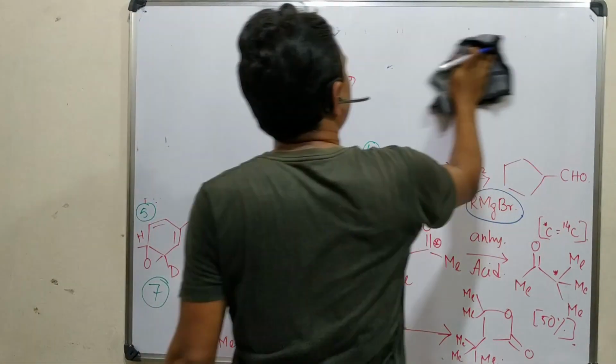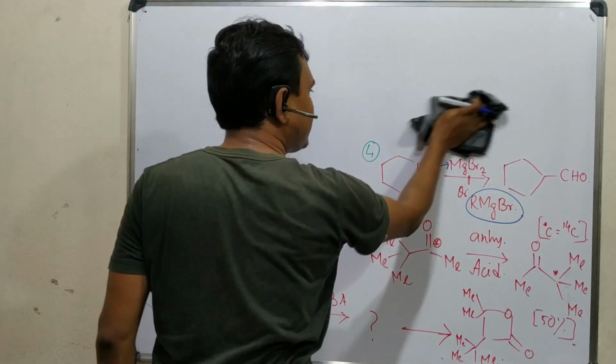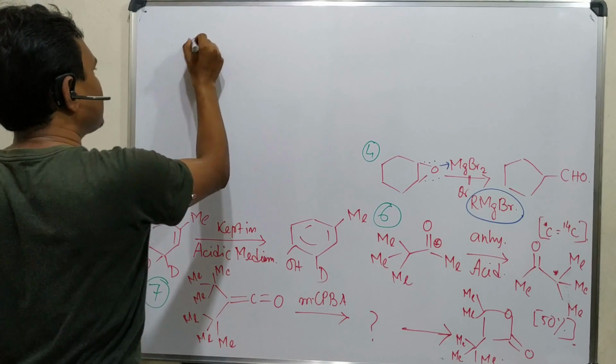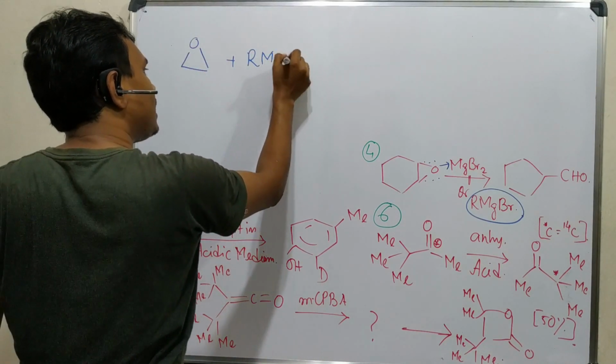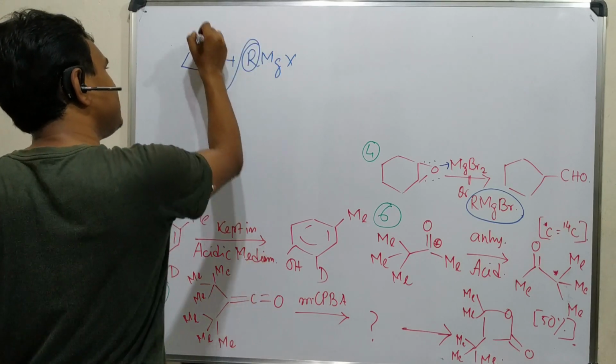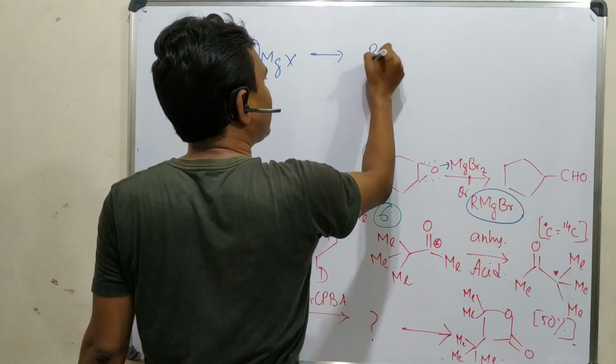For example, if you take ethylene oxide and react it with a Grignard reagent, what will be the product? This is ethylene oxide plus RMgX, and magnesium will be coordinated, R will attack, and it will produce R